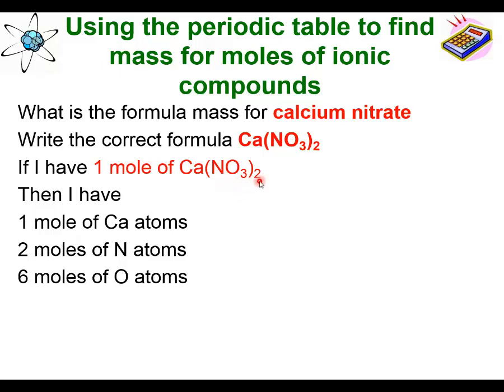Now if I have 2 times 3, that gives me the moles of oxygen atoms. So now I know there's 1 mole of calcium atoms in a mole of this formula, 2 moles of nitrogen atoms in a mole of this formula, and 6 moles of oxygen atoms in a mole of this formula. Now the next thing I want to do is go to the periodic table and look up the molar mass